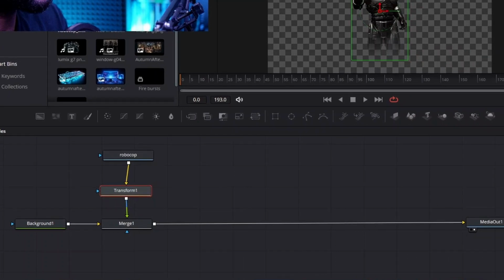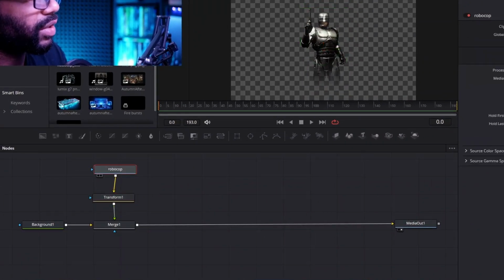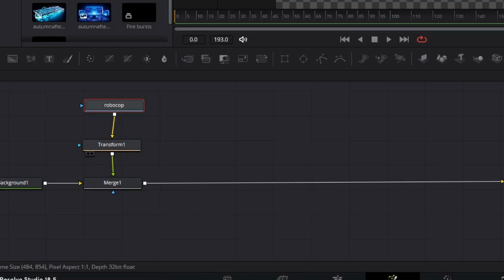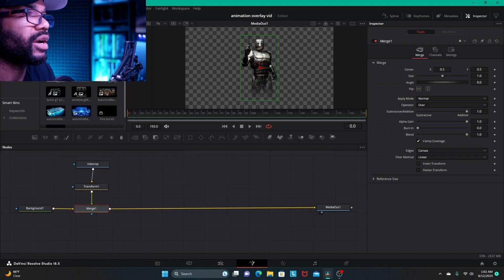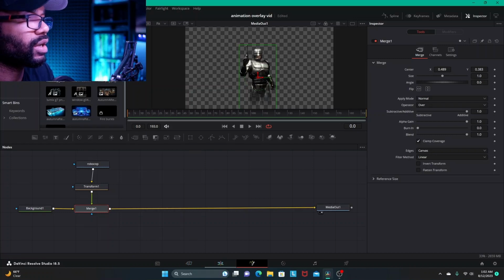So now RoboCop is completely in play here because you have him in the playing field, and he's attached to a transform node, which allows you to transform him, and that node is attached to the merge node, which is the node that puts him in our process here. So we got RoboCop in there, and we can move him around and all that stuff now that he's in play. So we're going to bring him down just a little bit, and we're going to go back into our editing tab,